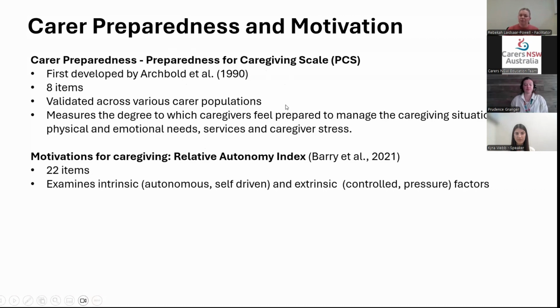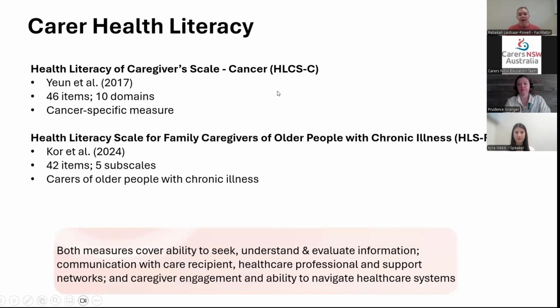So the motivations for caregiving: whether a person is being a carer, the reasons they've taken on the caring role, are they intrinsic or extrinsic? This can be really important to understand the caregiving situation and perhaps the outcomes that carers might be experiencing. There's also carer health literacy. There's one that was developed, the health literacy of caregivers scale